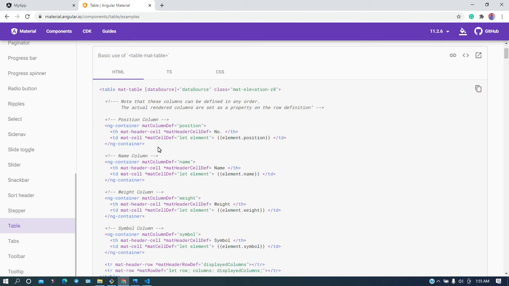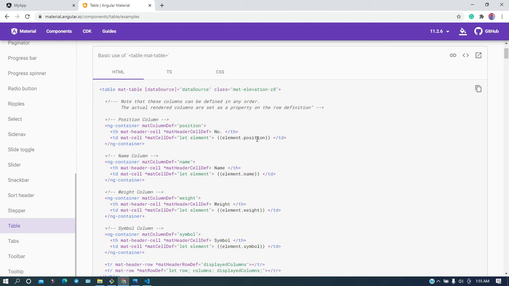And then the data for that particular column. You can notice this is the td, and here you can notice let element. Element is basically a variable; whatever variable name you provide is as per your wish, but make sure that you use this variable here.